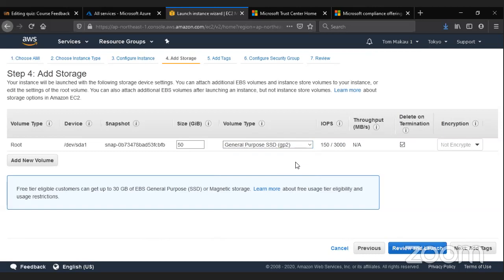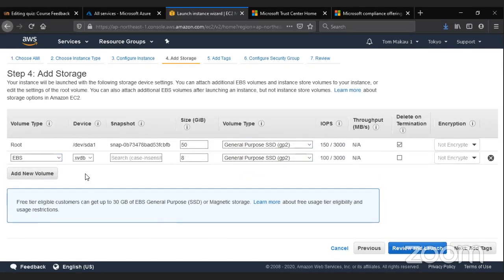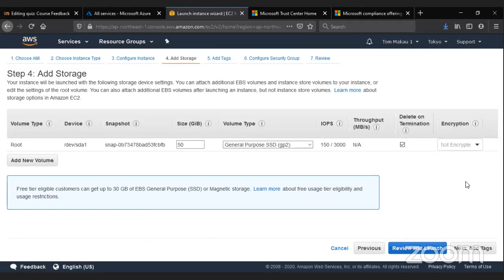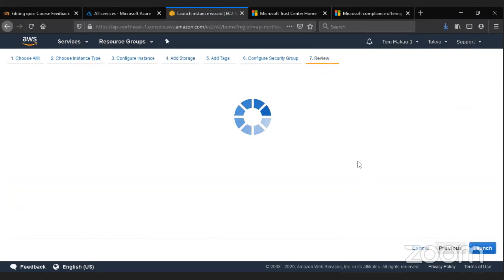I can use a standard magnetic disk and it'll be cheaper. So for this case, let's just choose that default one. And I can decide to add more capacity. I might decide, let me add a separate disk, which will be 100 GB, but this disk should not be attached to the computer. Or in this case, we can only attach it to the computer. So it's an EBS volume. So in this case, we have this system with 50 GB where the operating system will be. Then we'll have another 100 GB, but let's just remove it for that sake. So when you're done, you just say review and launch.